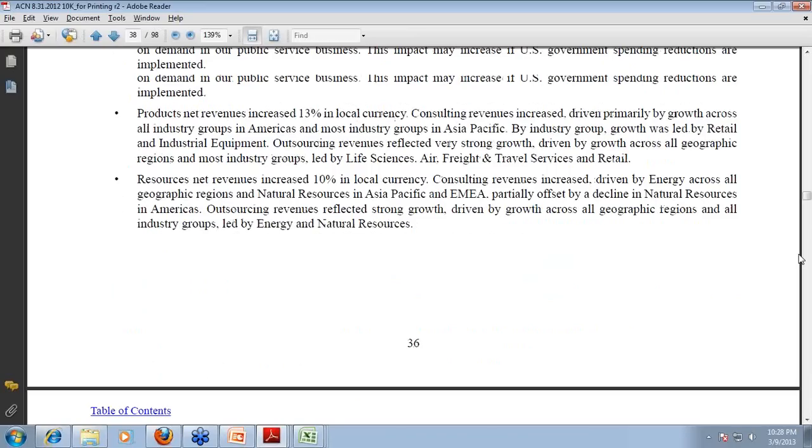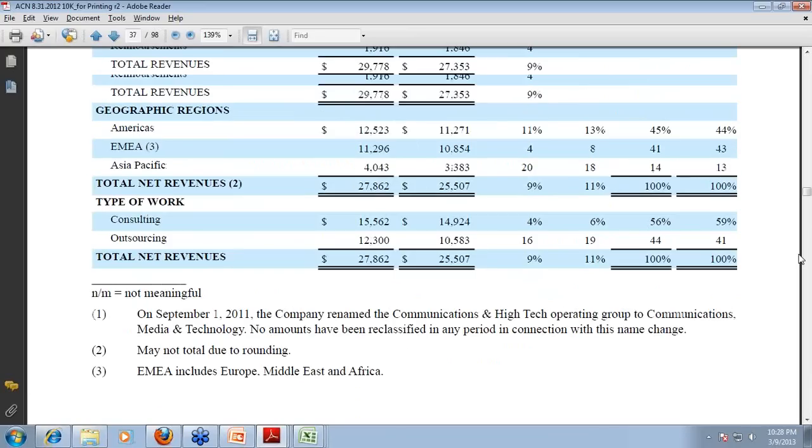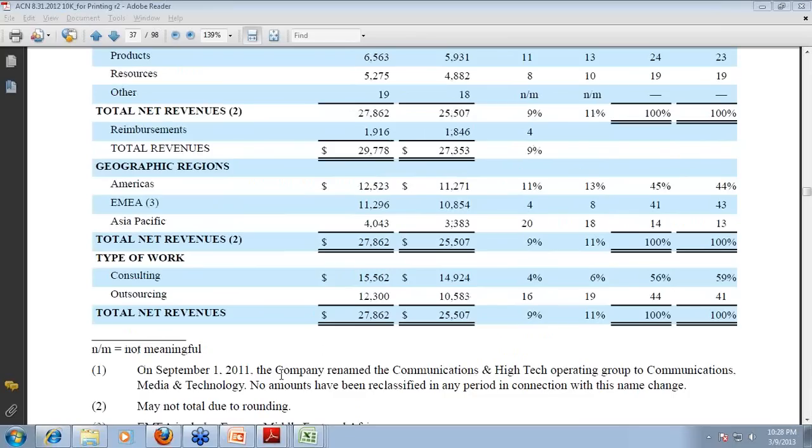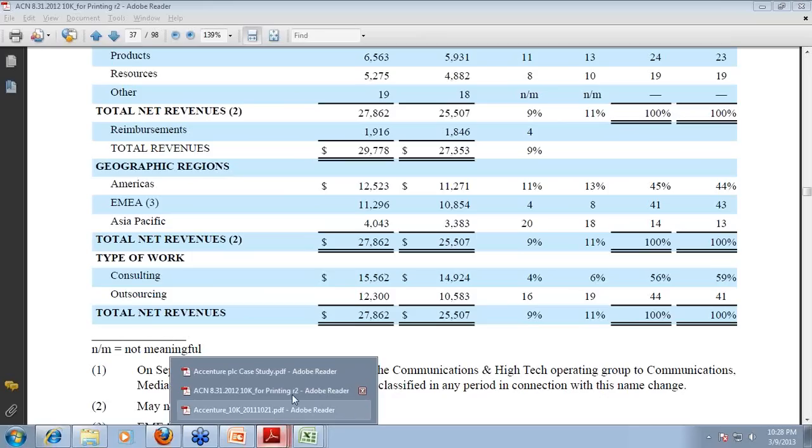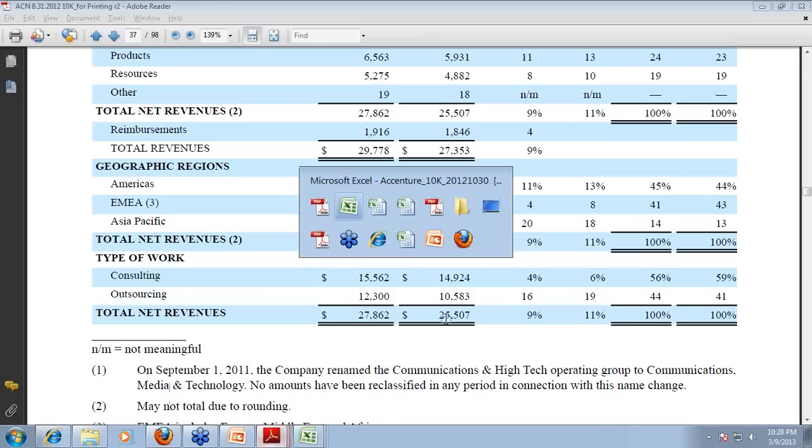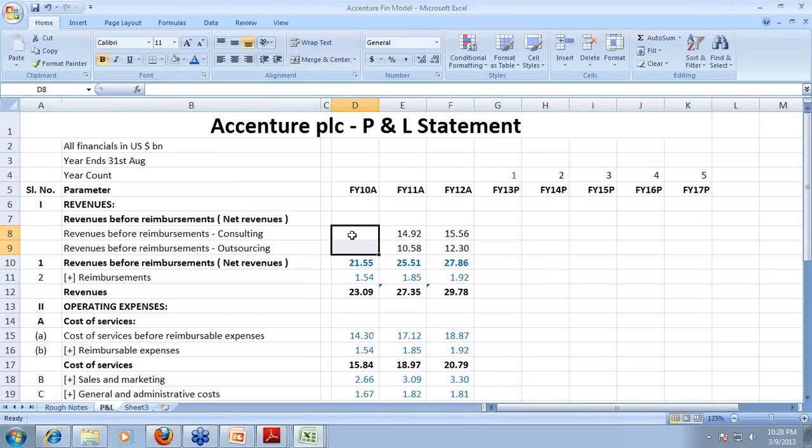So once we have everything in place, let's get back to our subsequent model. We have decided ultimately to figure out what should be the split of revenue going forward. So I locate exactly the same kind of figure from the previous 10K filing and add that here. It's not difficult. I am sure all of you will be able to do that. So put the two splits over here. You will end up getting this. Now that we have decided to put it across,